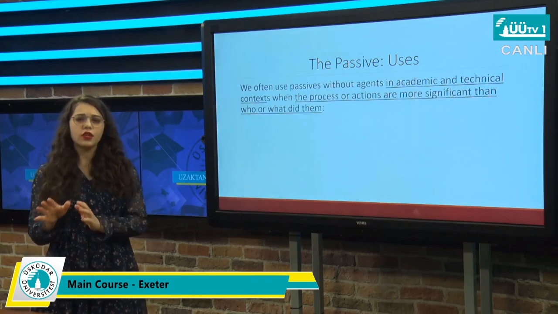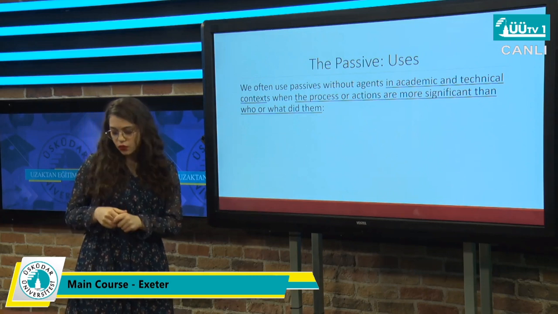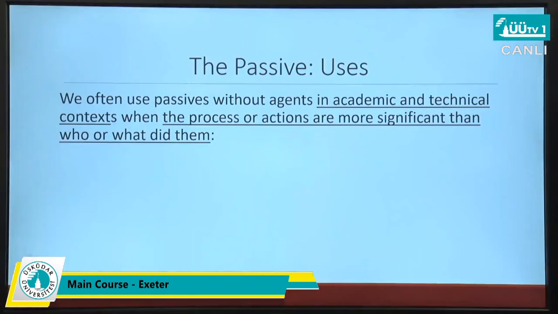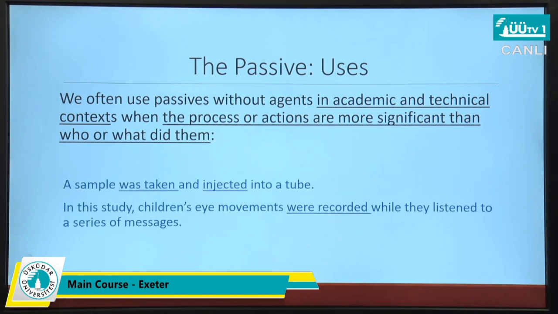So where do we use this passive? We use this passive voice mostly in academic and technical context. So when the process or the actions are more important than who or what did them. Like a sample was taken and injected into a tube. So it doesn't matter who did the action. We are only interested in the action, not the doer. Or in the study, children's eye movements were recorded while they listened to a series of messages. Again, the action is more important than the doer, so we can leave them out